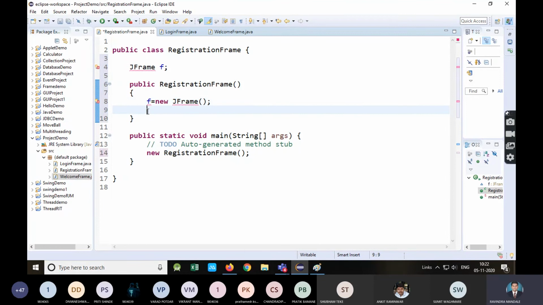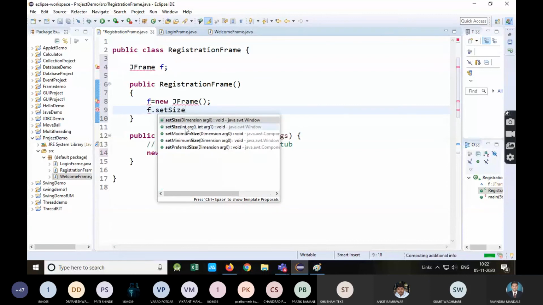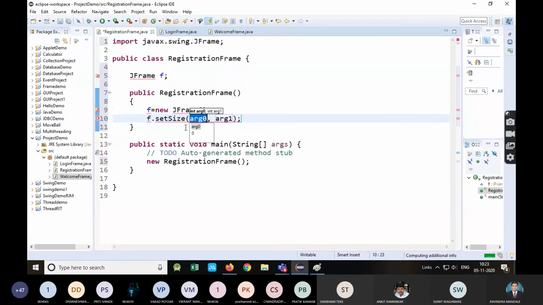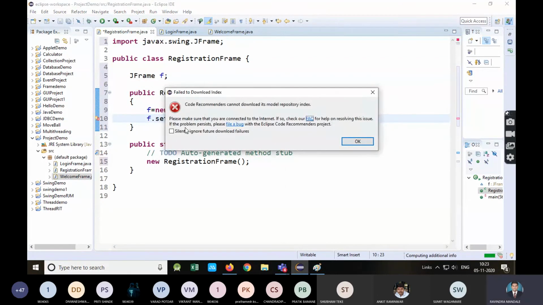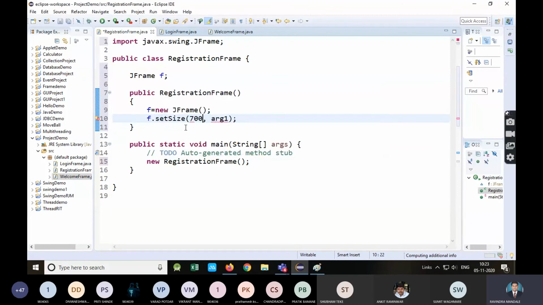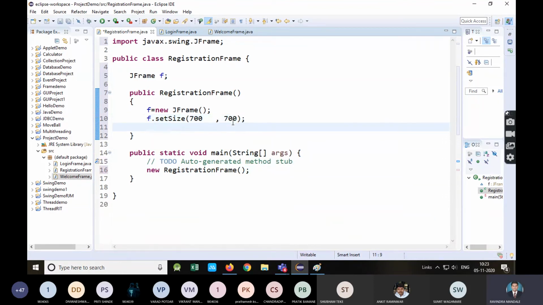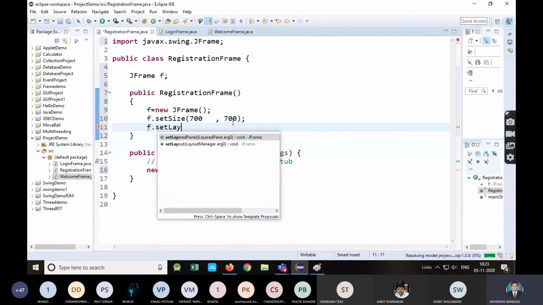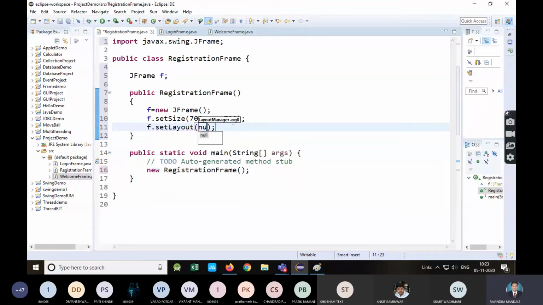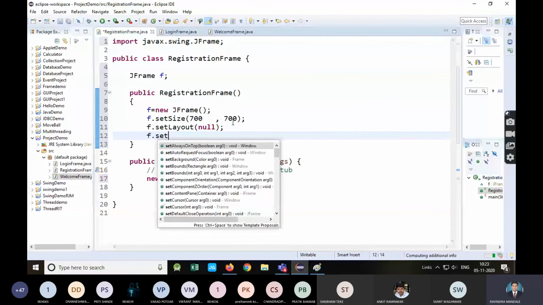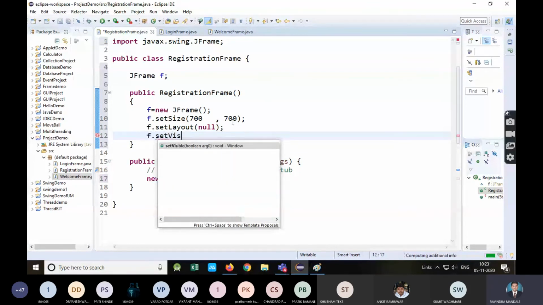Then next set size, 700 and 700 width and height. Okay. Next, set layout. Right now I'm using the default one, that is border layout. Set visible true.